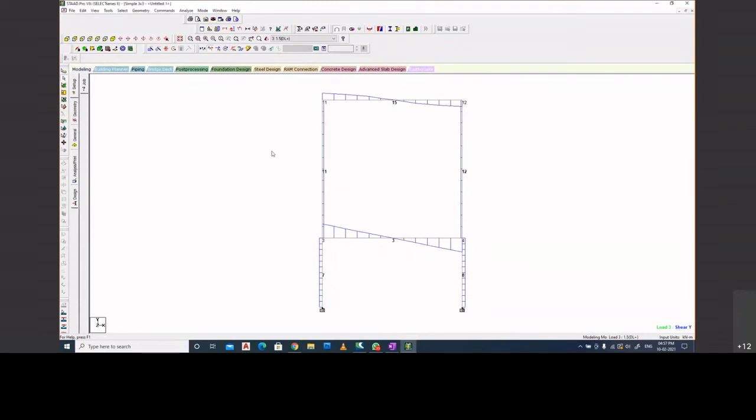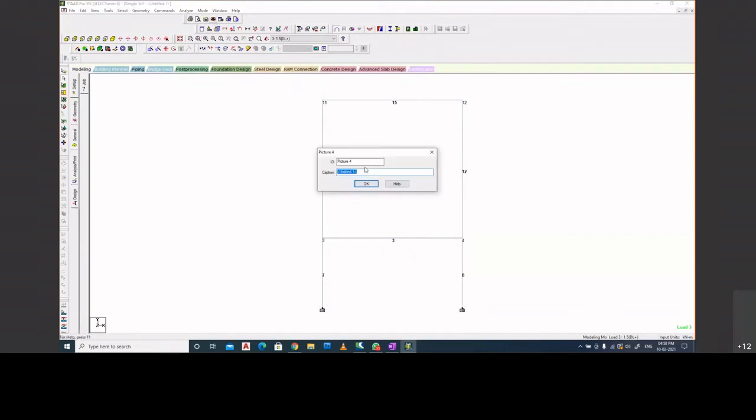Then what you can do is close the shear force diagram and take a photograph for this particular frame. So it is element numbers rear, because we had taken the rear frame, isn't it?